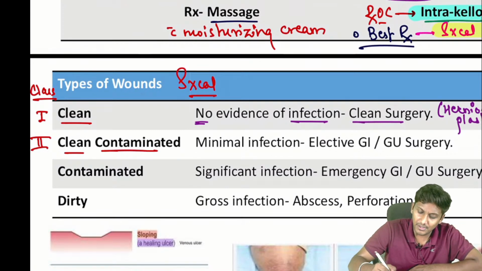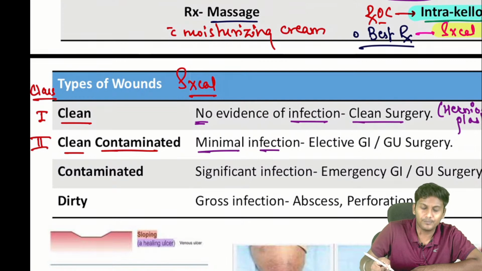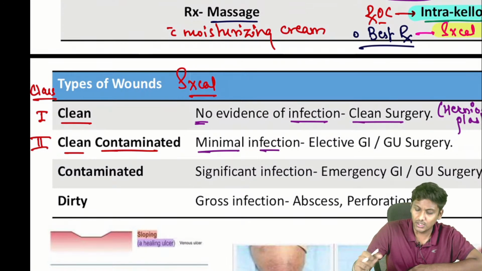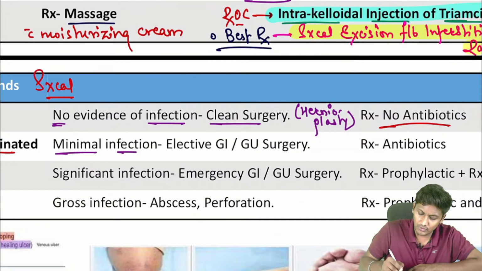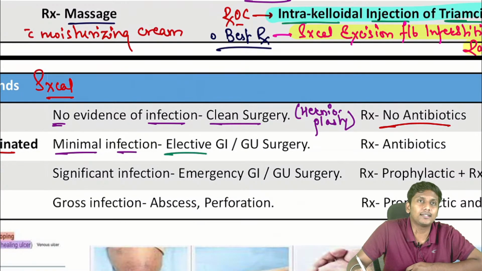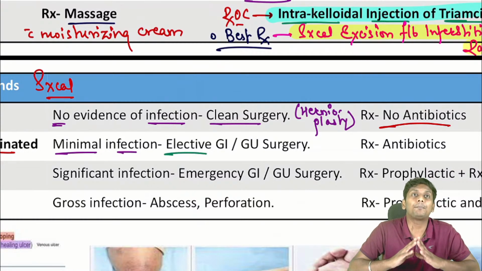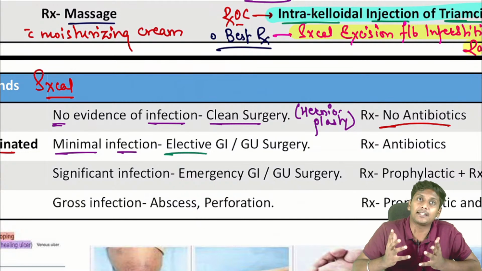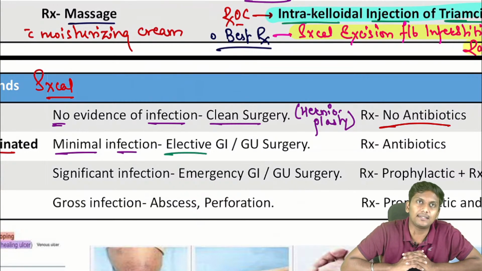In a clean contaminated wound or a class 2 wound, there is a minimal risk of infection. These are which surgeries? These are usually your elective gastrointestinal or genitourinary surgery. GI is nothing but gastrointestinal, GU is nothing but genitourinary. Okay? These are nothing but the elective. Elective ka matlab planned. And if you have planned a patient, for example, for an appendicectomy,